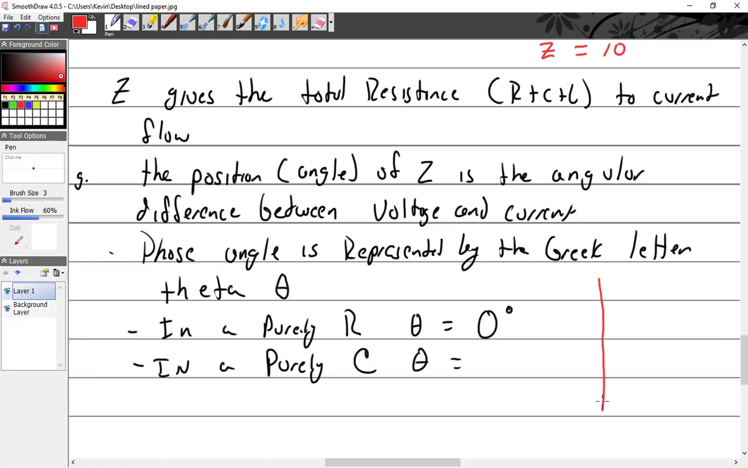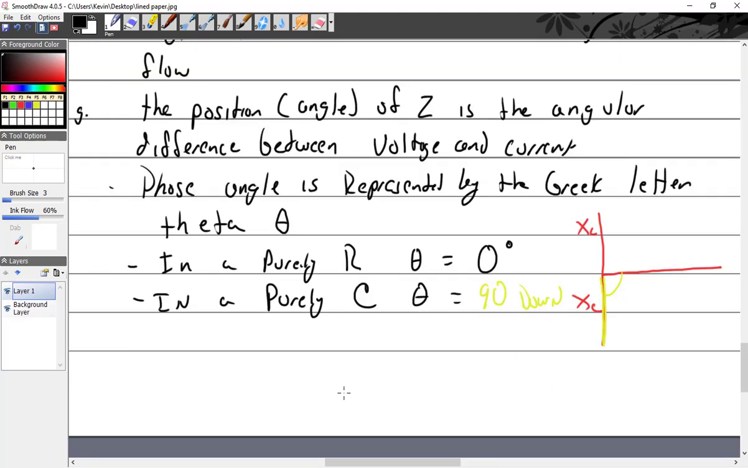Okay, I'm going to draw it right over here. Here's XL, here's XC. What happens if my Z is going right down like that? Negative 90. So how many degrees out am I? 90 degrees down. So in a purely inductive circuit, what's my angle? Plus